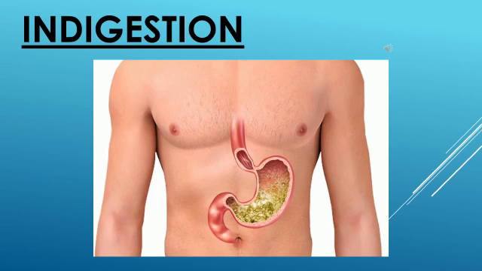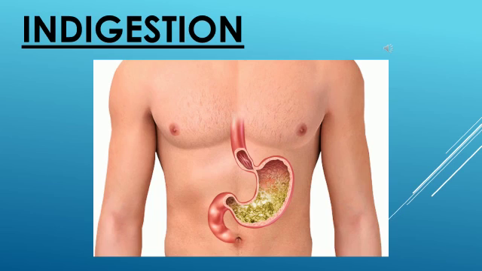The first thing that we are studying about is indigestion. Children, you have learned about the concept of digestion in the previous class, when I was explaining nutrition in animals and human beings, isn't it? So neutralization occurs in the process of digestion also. As you studied, our stomach produces hydrochloric acid, HCl. And what is the function of this HCl? It helps us to digest the food. It breaks down complex substances into simpler forms.